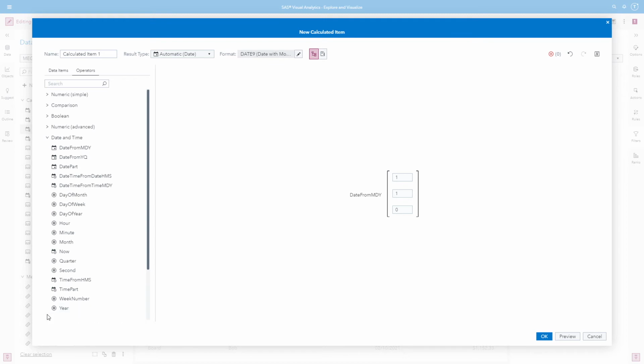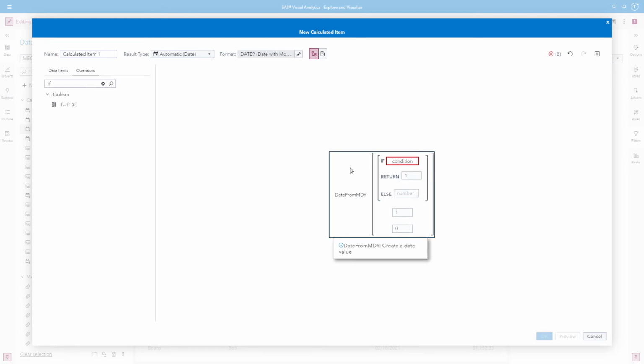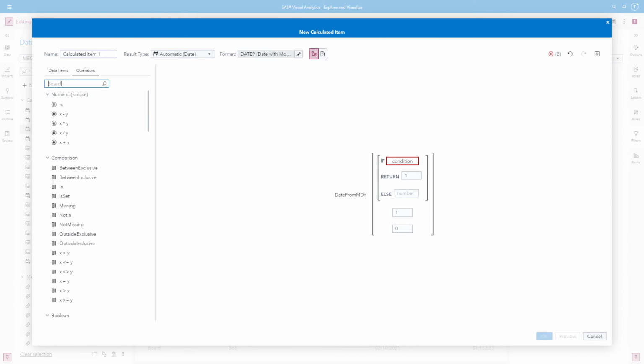So in our operators, let's go ahead and throw our if-else expression into the month parameter. And again, we need to evaluate if the current month of now is 1. So let's go ahead and use a comparison.